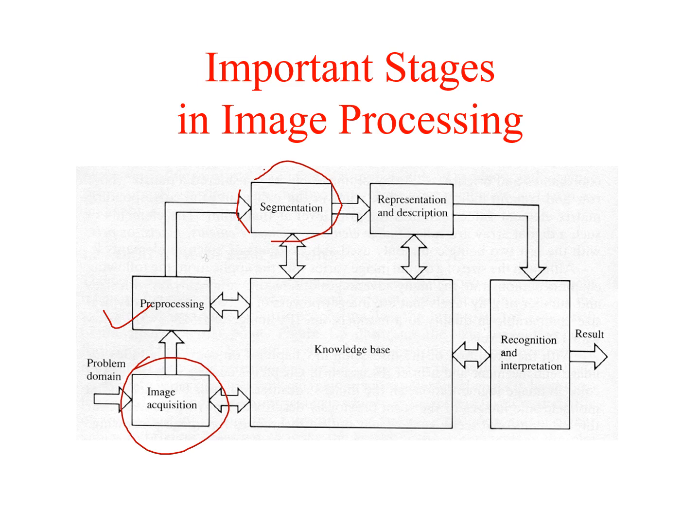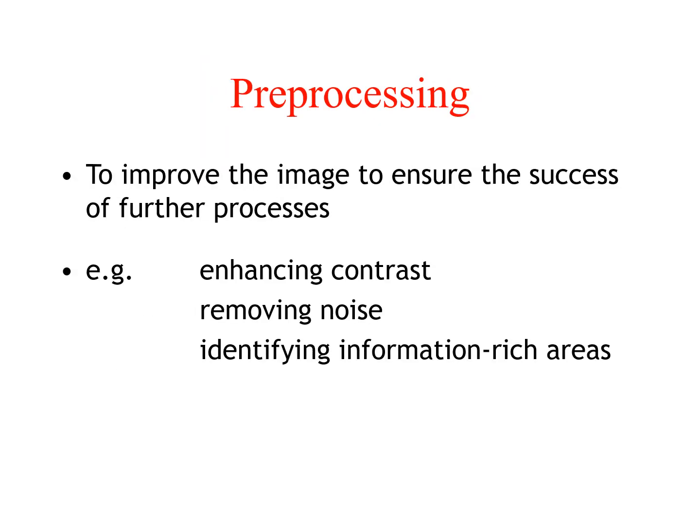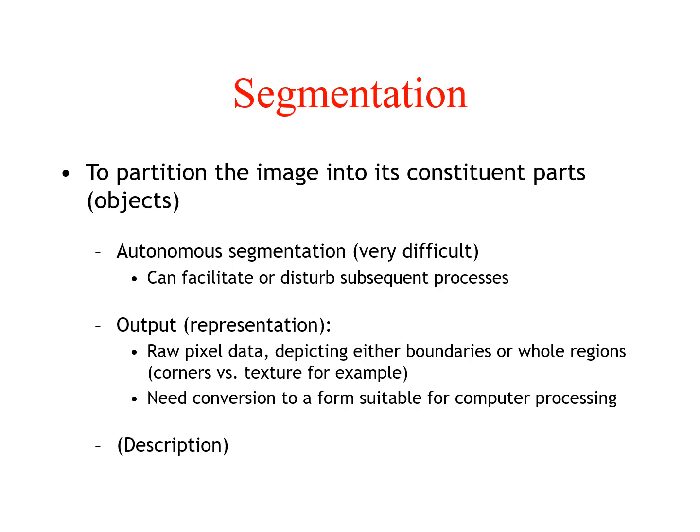And the main important thing is the knowledge base. So what is knowledge base? Knowledge base helps all these steps to interact with each other. See, all the arrows are bidirectional. So after image acquisition, you can go to pre-processing. Pre-processing can directly go to some other application, and the entire thing is linked to each other. This is what I have explained in the next slides.